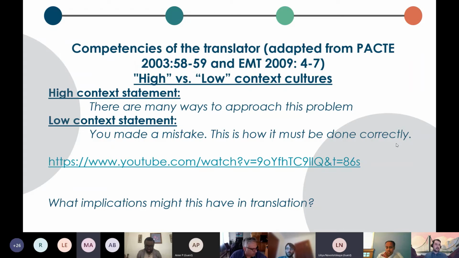It definitely would be present in literary translations. I could also see it in other types of translations. Let's say somebody writes a statement about something, maybe in Spanish, and they said, I don't know, I went to you know where. Well, maybe a Spanish speaker would understand what that means, but an American reader of the English might not necessarily understand what they mean. So there are some considerations there. Does anybody have any other ideas what implications this might have in translation?